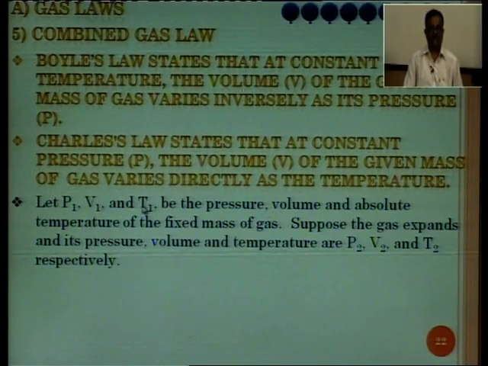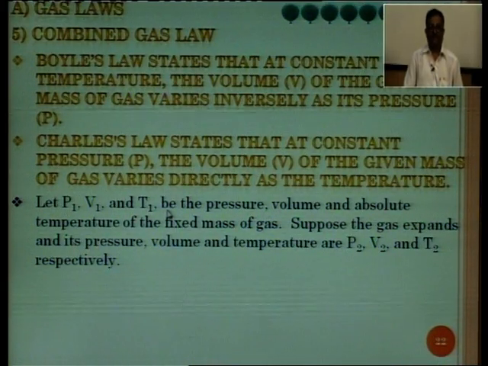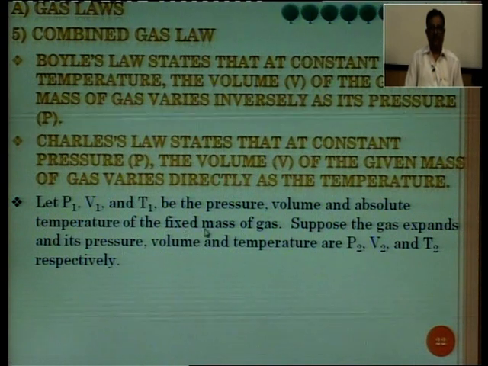Now, we are supposed to express temperature only in Kelvin, thermodynamic temperature. Therefore, T 1 is in capital K, that means Kelvin. The pressure, volume and absolute temperature are written here, which is the reason why they are written as absolute temperature of a fixed mass of a gas. Keep in mind, in all these statements the